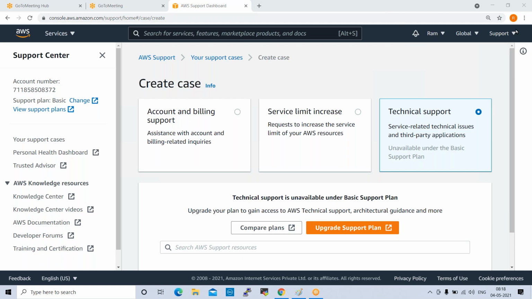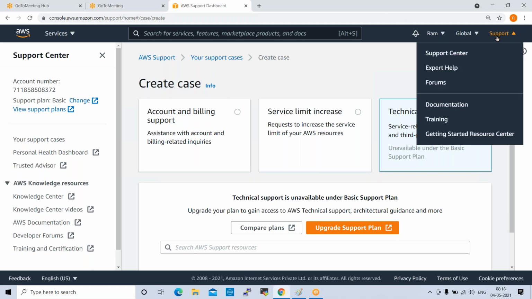Next one is expert help. Here we have different kinds of support: phone support, chat support, email support.